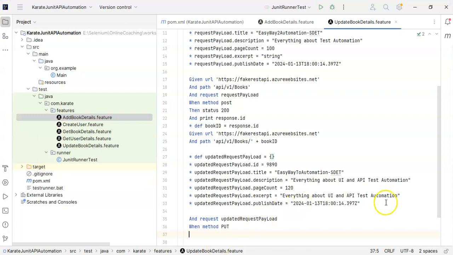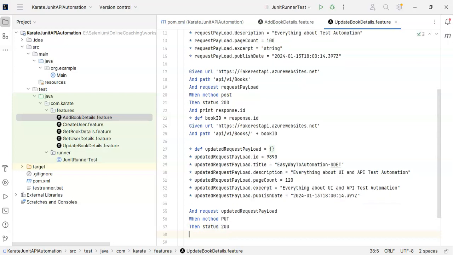So what I can do here is I'll just write then response status 200. Okay, so I'm expecting 200 status code, and also I can put one assertion. For example, I have given the ID over here, right, 9890. So I can assert this book ID. So I can write here match response dot ID equal to 9890. Okay,